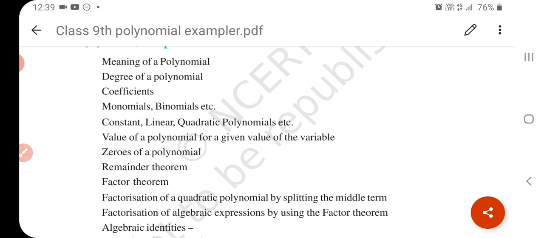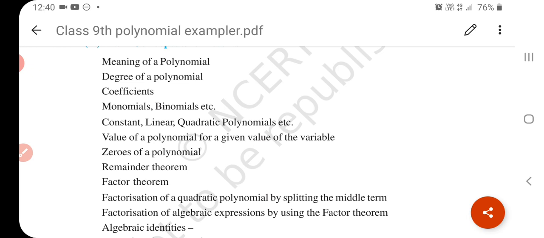ओके, अगर हम किसी नंबर को x माइनस अल्फ़ा से डिवाइड करते हैं तो हमारा रिमाइंडर क्या हो सकता है? p अल्फ़ा हो सकता है. अंडरस्टैंड? दिस इज़ अवर रिमाइंडर थ्योरम. एंड व्हाट अबाउट फैक्टर्स? Factor theorem tells us if p(x) is a polynomial of degree greater than or equal to 1 and alpha is a real number, then x minus alpha is a factor of p(x) if p(alpha) is equal to 0. Means if remainder is 0, then we can say that x minus alpha is a factor of p(x). Okay, understand?